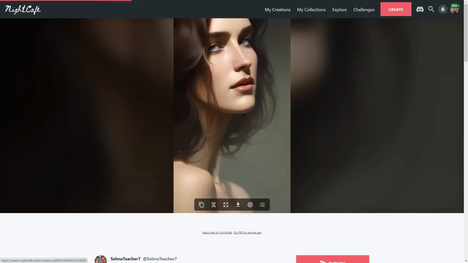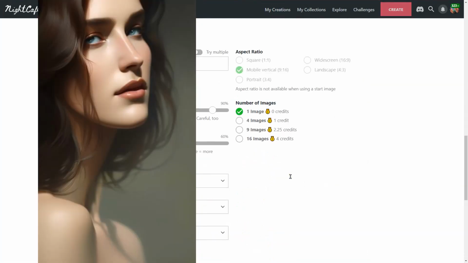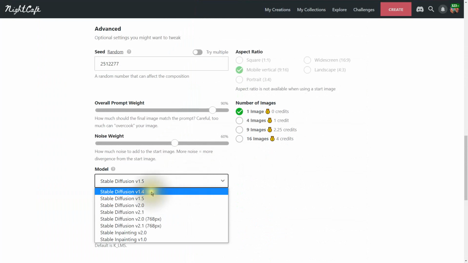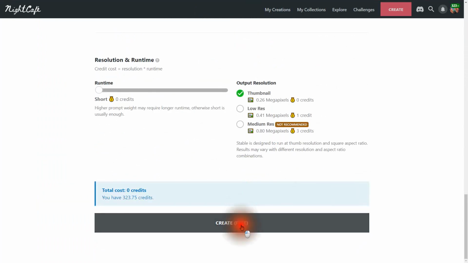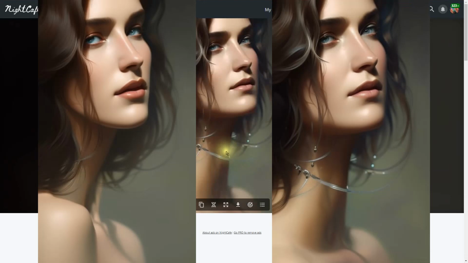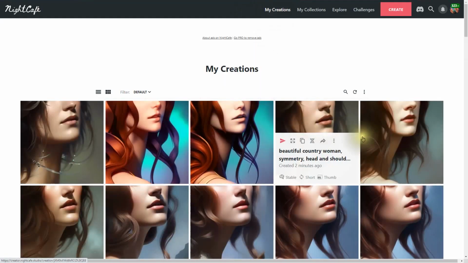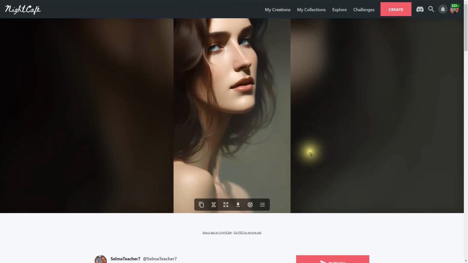Let's now go to the original one. Let's evolve it and go down. Let's go to 1.4 and just see what happens. There's 1.4. Now you have this weird thing around her neck. I don't know what that is. The neck is kind of long too. It's a little bit out of proportion, I believe. I don't know. Maybe a human can be that way. But you can see the differences there.